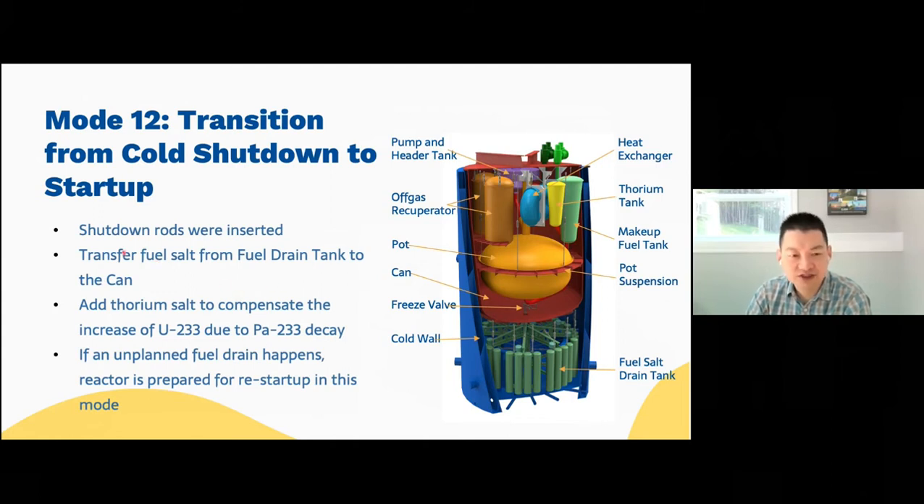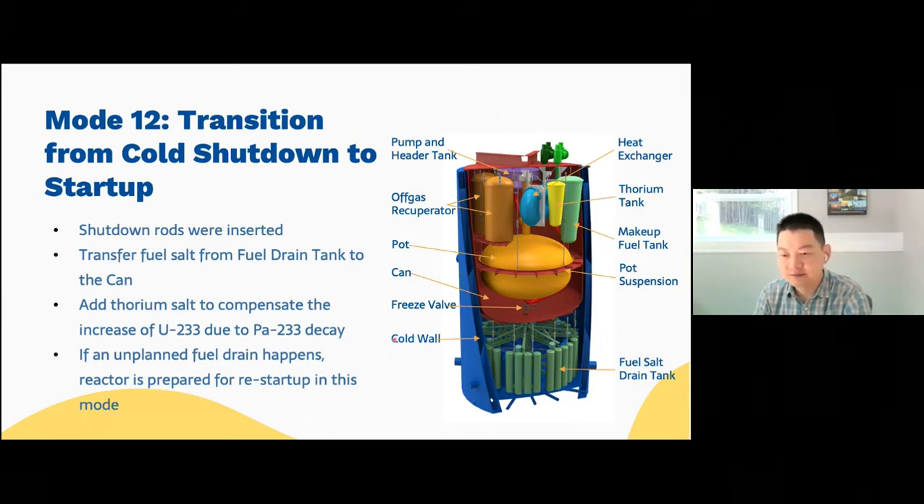So first of all, the shutdown rod has been inserted in the previous mode. So in this cold shutdown mode, the shutdown rods are already inserted, and then we transfer the fuel from the fuel drain tank to the can by using helium gas to push the salt back to the pot. Now, there's one thing we have to worry about